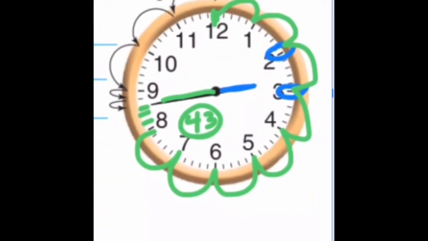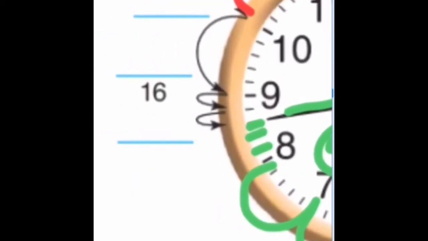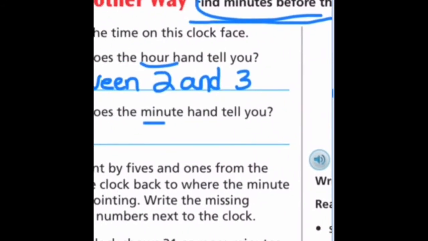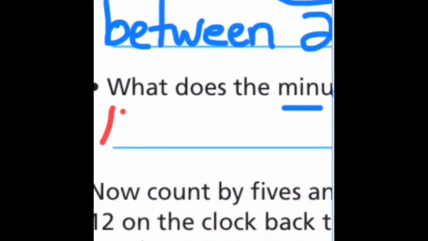We could do it that way, or if it makes sense to you, you still start at the 12 and you count backwards. 5, 10, 15, 16, and 17. So if we're telling time before the hour, the minute hand tells us 17 minutes